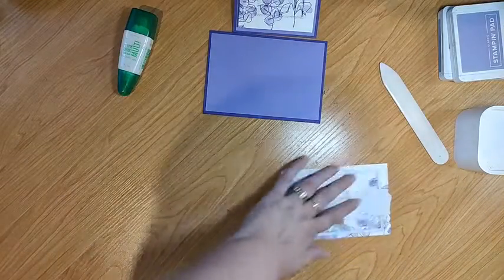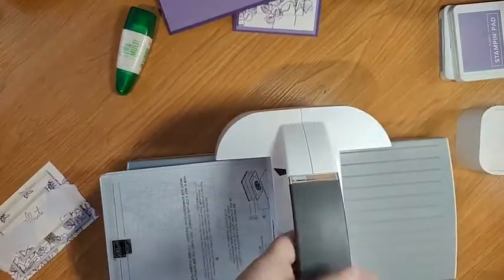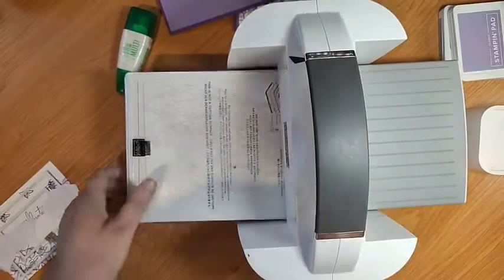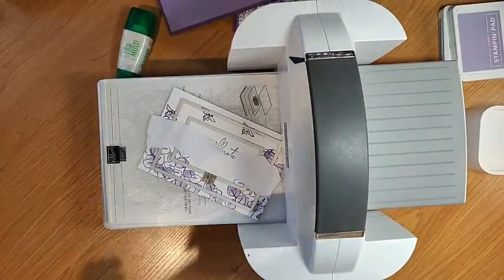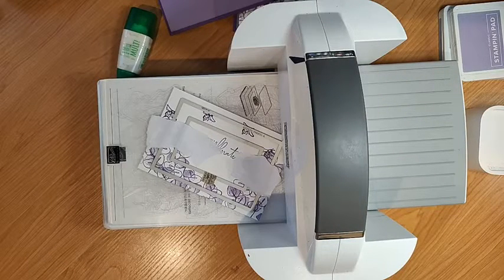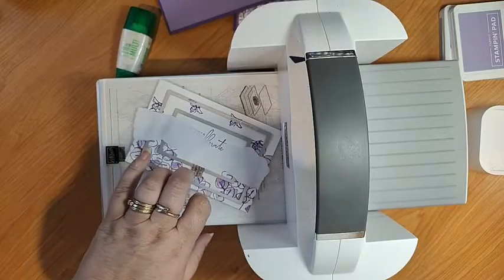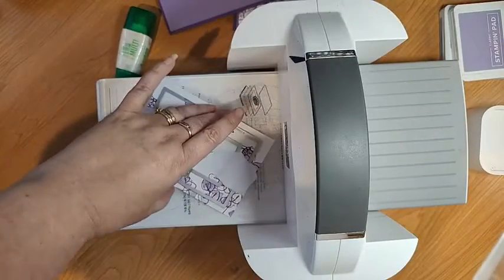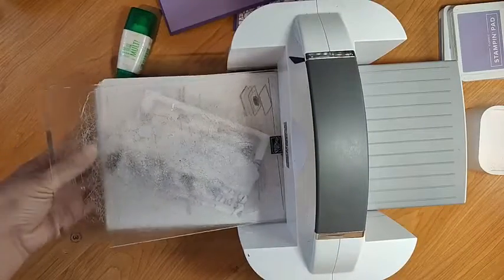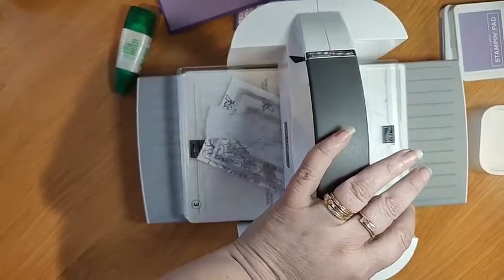So, let me just slide that out of the way and bring in my cut and emboss machine. Now, this is the big one because the base is right. One of the things that I find really useful when cutting shapes like the stitch shapes is actually to pop it on an angle, because then it's only trying to cut this little corner piece at a time, and then it goes through a lot smoother. If you do it straight on like that, it's trying to cut all of that stitching all at once, and it might be a little bit hard and kind of ping back and bite you a little bit. So I'm just going to put that through